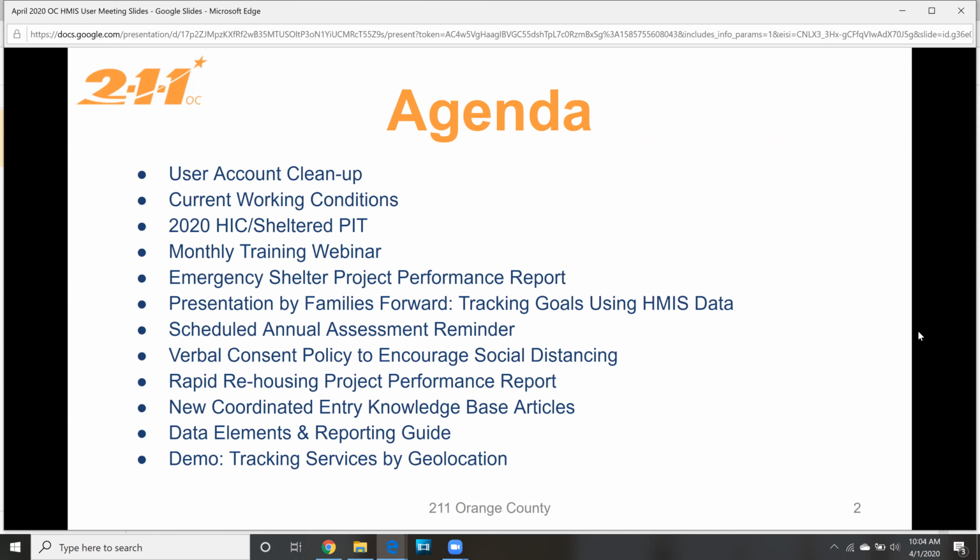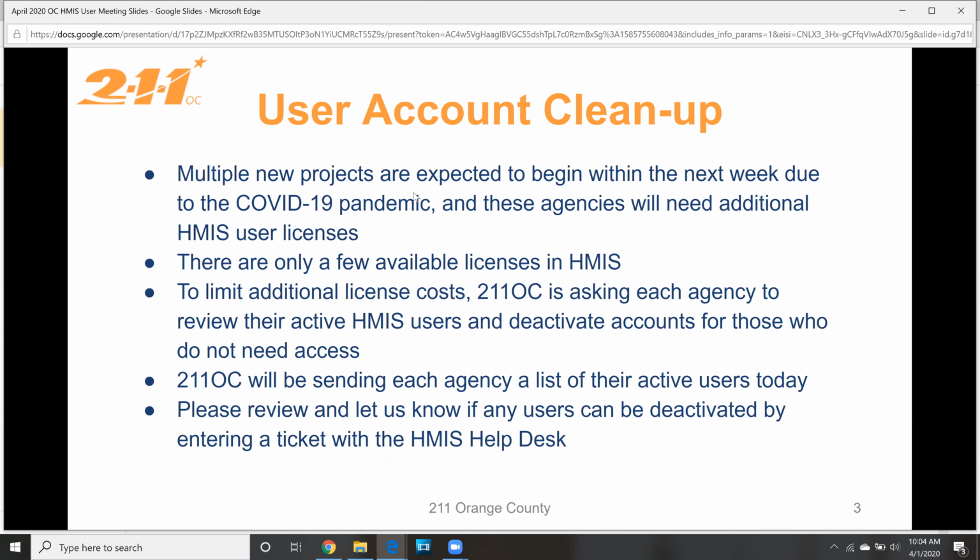We're going to talk to you about rapid rehousing project performance reports. We have some new coordinated entry knowledge-based articles that we're releasing, as well as the data elements and reporting guide. And then we are going to do a quick demo on tracking services by geolocation. All right, so first up,